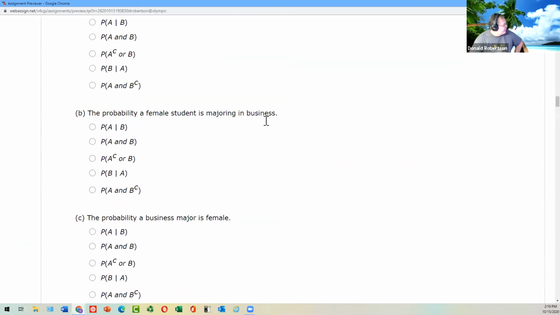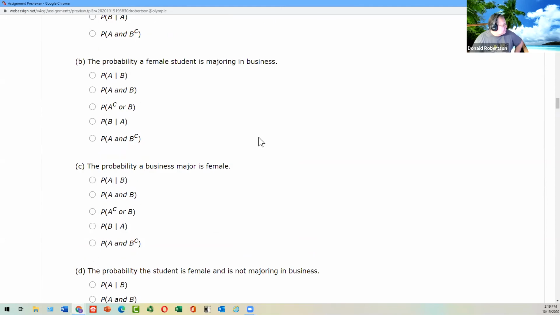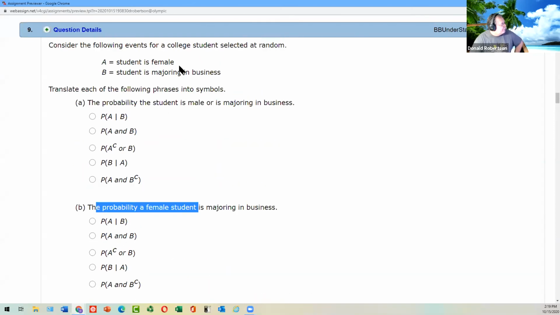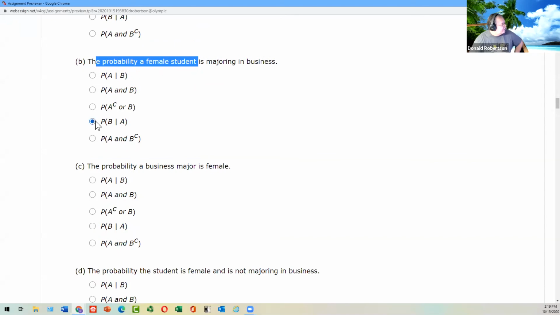So pick one at random. What's the probability that a female student is majoring in business? Well, you know they're a female student, so that means it's given. And I got up here, and A means you're a female student, so it must be that one. So hopefully you'll have plenty of